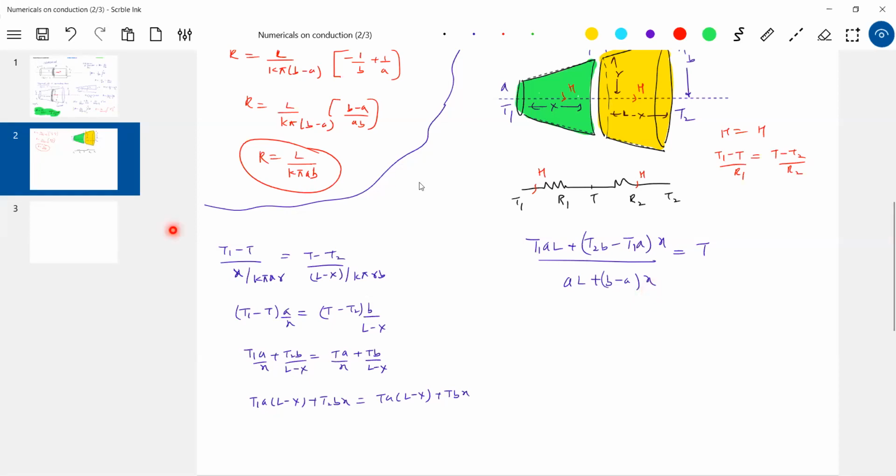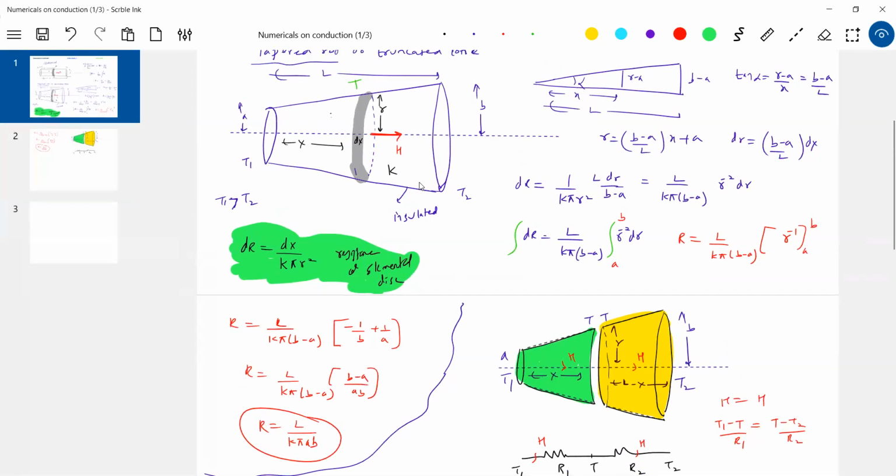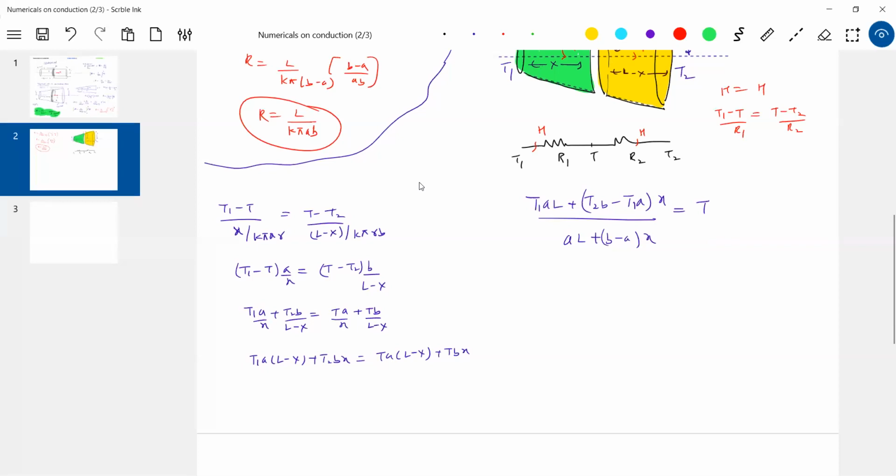Now replace b minus a into x. Whatever you can write for x in terms of r, substitute it. So you'll get an expression for temperature at a radial distance also. Please do work out all this. So many ways there are of asking questions here.